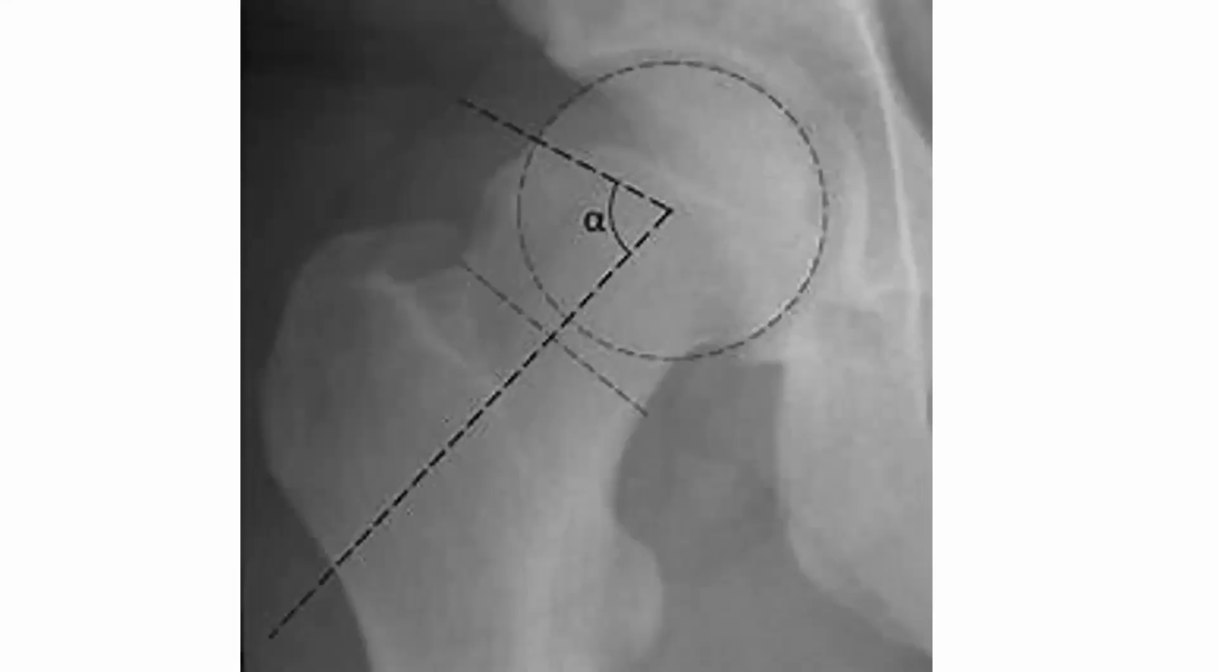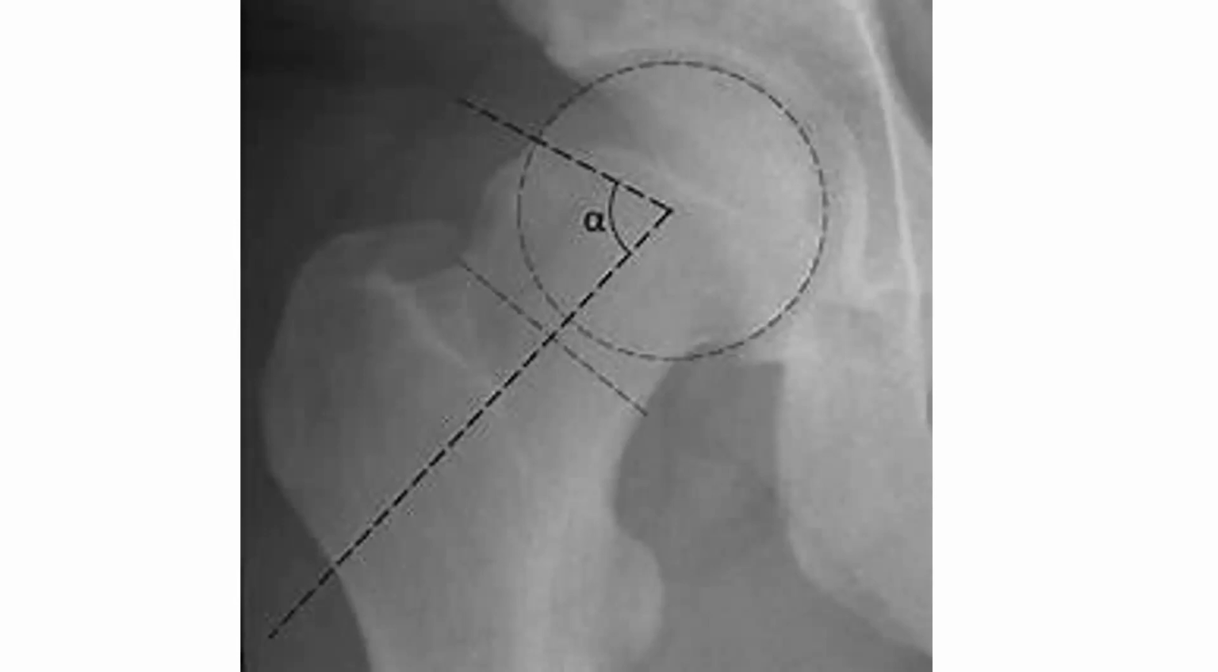Look, this is how we measure the cam. You draw a longitudinal line through the neck to the center of the head, and from the center of the head to the beginning of the cam. And if this measures more than 44 degrees, then this indicates that there is a significant cam deformity, and these patients will end up having